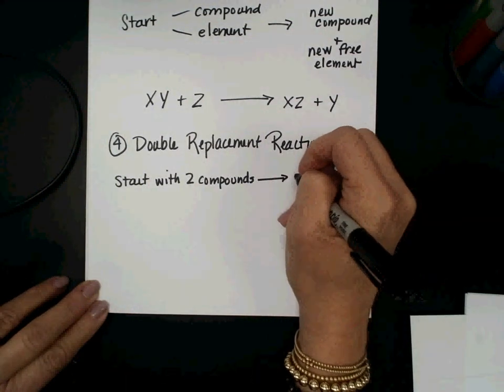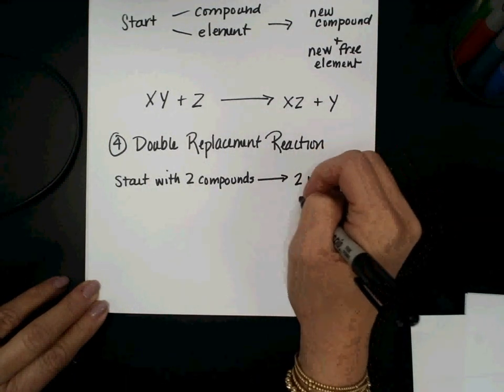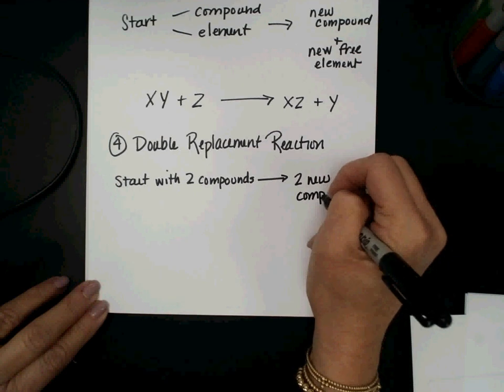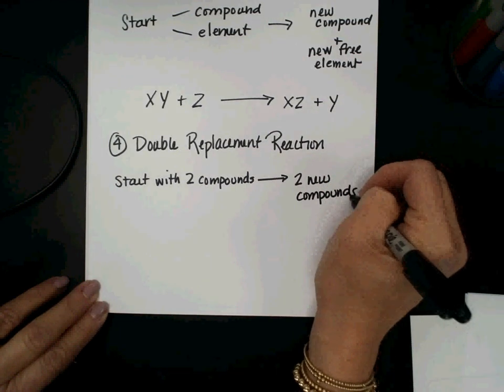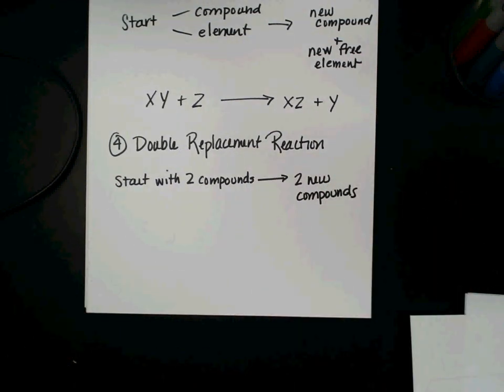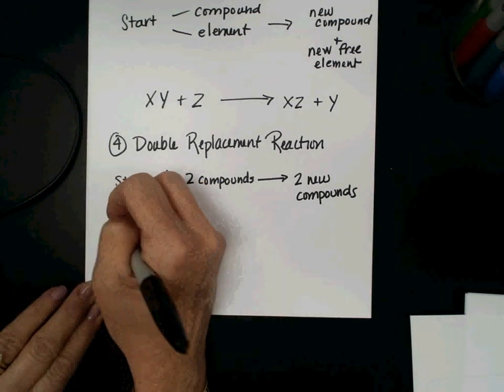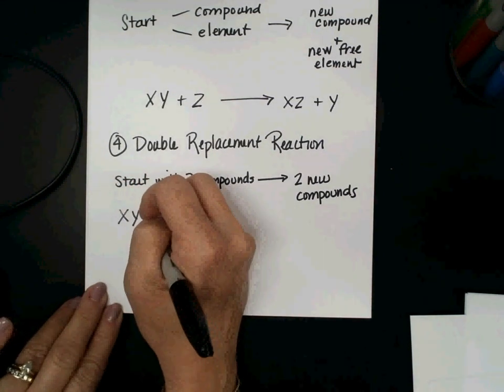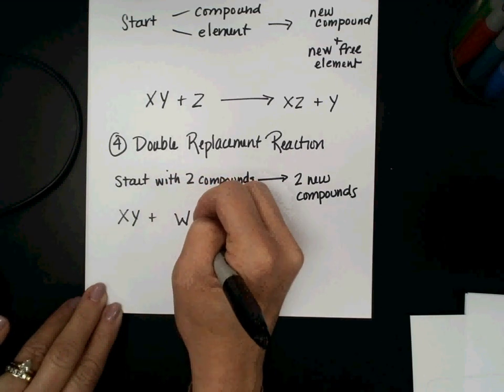And on the other side of the equation, you get two new compounds. Start with 2, end with 2. So, XY plus WZ